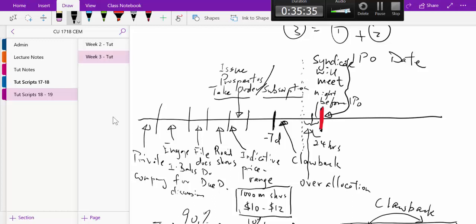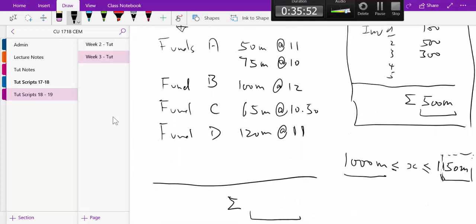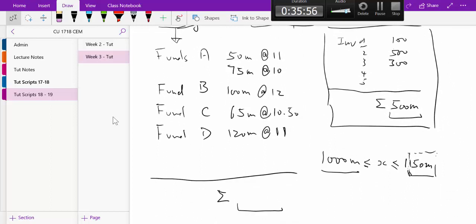Now, by that time, people are already quite clear about what is the market interest and what is the current market sentiment. And hopefully, when you collect all the institutional orders, let's say it comes to